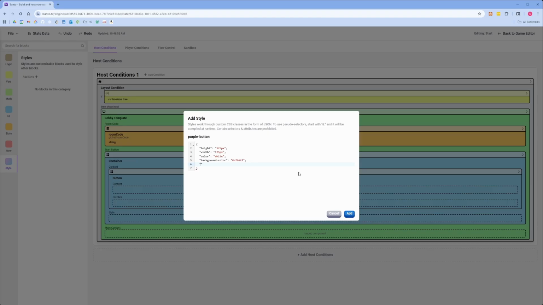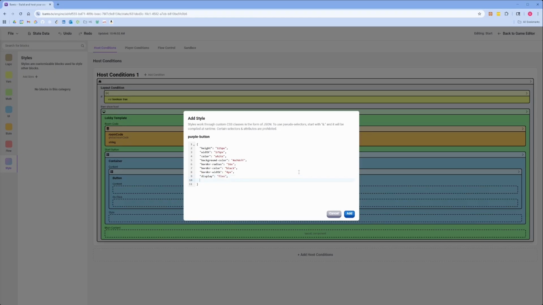And let's give it a border radius of, let's say, 16 pixels, kind of just arbitrary values I'm naming off. A border color of black, a border width of 4 pixels, a display of